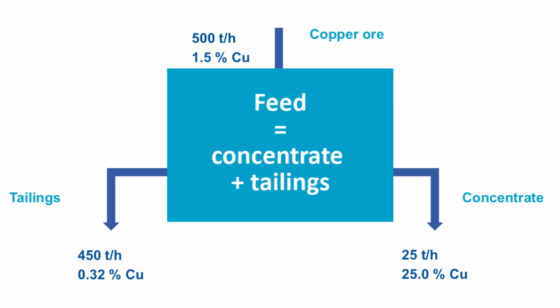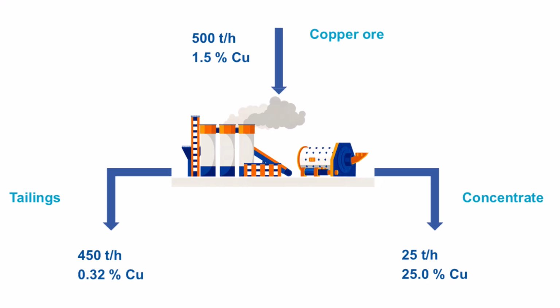Due to sampling and measurement errors, the measured data are inconsistent and redundant. If we only had feed and concentrate measurements, we wouldn't detect the imbalance, but since the full set exists, we must deal with it. Let's continue with our objective: determine the actual copper recovery rate of the concentrator.